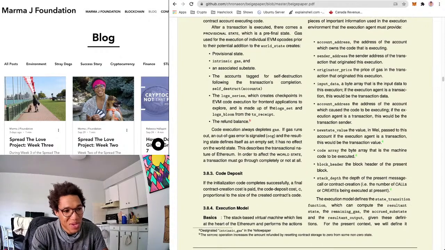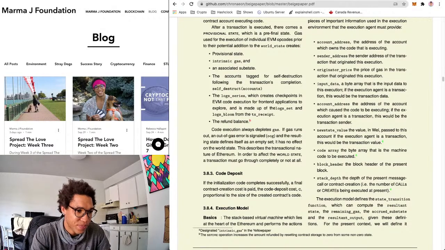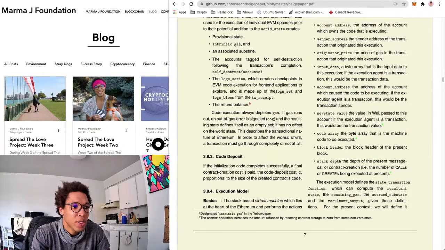And this is where you have create, to, and all this stuff. This is for contract creation. Message call, I guess, when you're starting a contract or calling a contract. Yeah, cool. And then you have create, to, and then call for contracts.